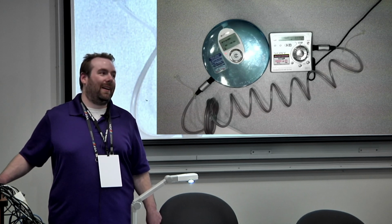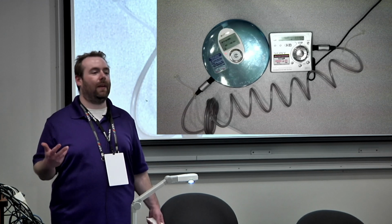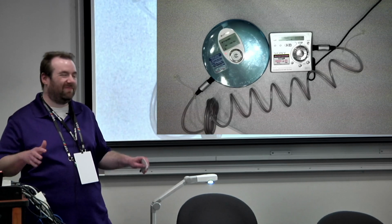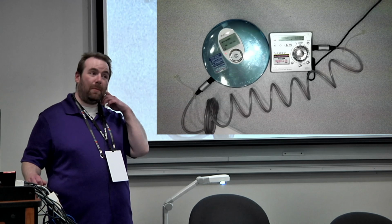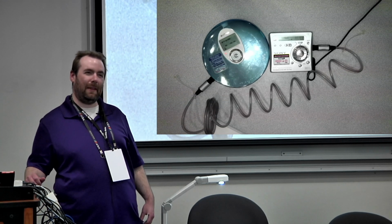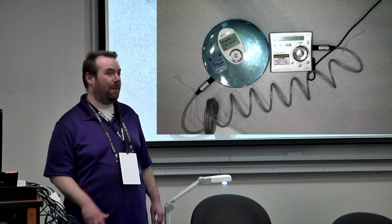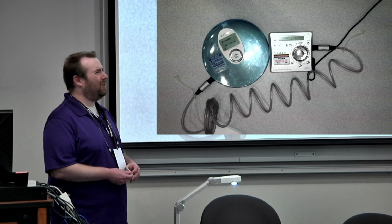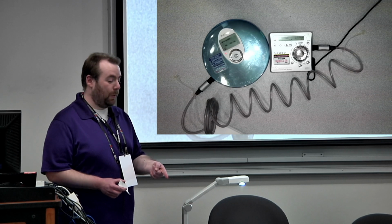And ultimately, what you're going to get out of them will sound the same unless something's really wrong with either the disc or the machine. But some of them can be fun. There's one that a lot of people like called the MD2000, and it's made out of magnesium, I think. If you don't mind spending 300 of your dollars, you can go on eBay and get one. To be honest, this is the worst example because,